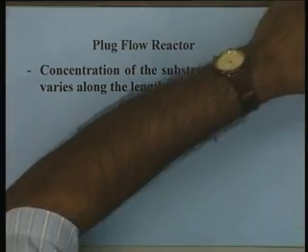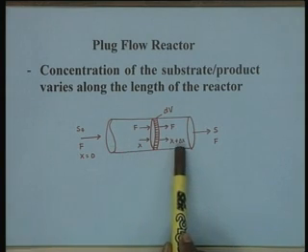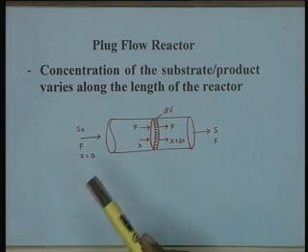Now, the other idealized reactor, which is what we understand as a plug flow reactor, is slightly typical in the sense that unlike in the case of a CSTR, the concentration of the substrate or product varies along the length of the reactor. So, making a material balance across the reactor, you cannot choose any concentration term, because the concentration of substrate changes with the length of the reactor and is not constant throughout the reactor, it varies. And of course, this can also be assumed analogous to a batch reactor with different reaction times along the length of the reactor.